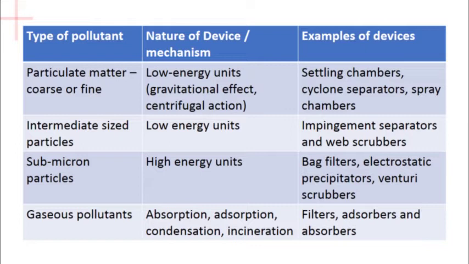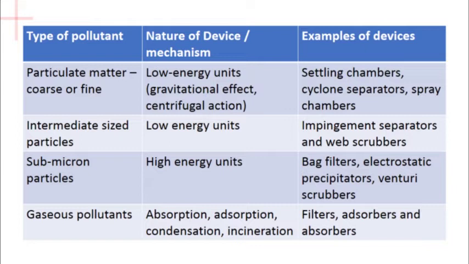Depending upon the type of pollutant, we can have the nature of device or mechanism. If it is particulate matter, coarse or fine, we can go for low energy units, and the type of devices could be settling chambers, cyclone separators or spray chambers. If it is intermediate sized particles, with the device we can go in for a low energy unit, and